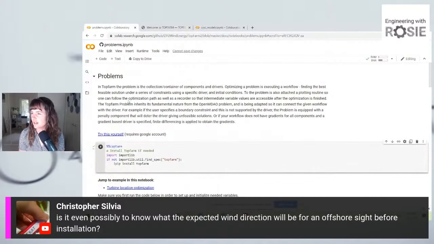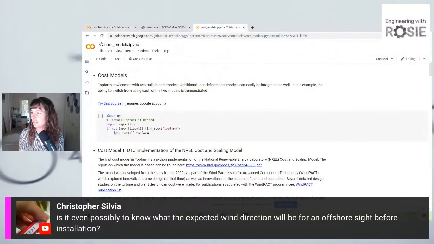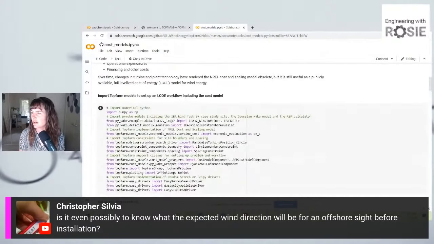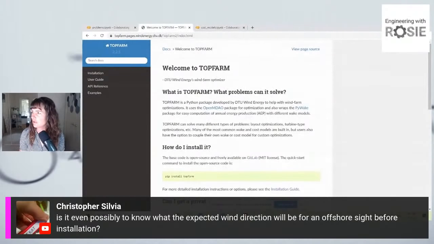And then I was using it on, you can run it here, but the last time I tried to run it, I got an error. So I won't try to run it. But when you do run it, you can do your own little optimization, and you can see that it's very easy to get like a 30% increase in your annual energy production just by moving around away from the grid